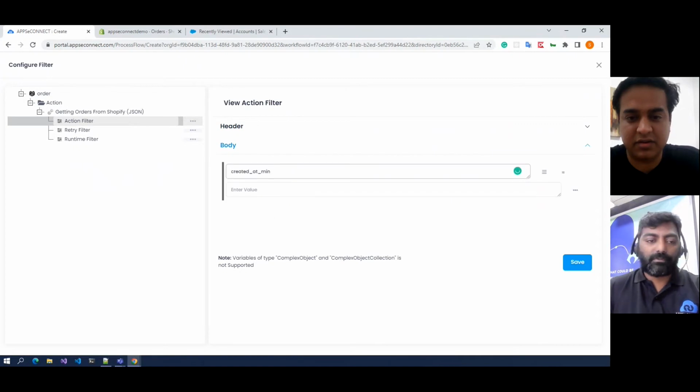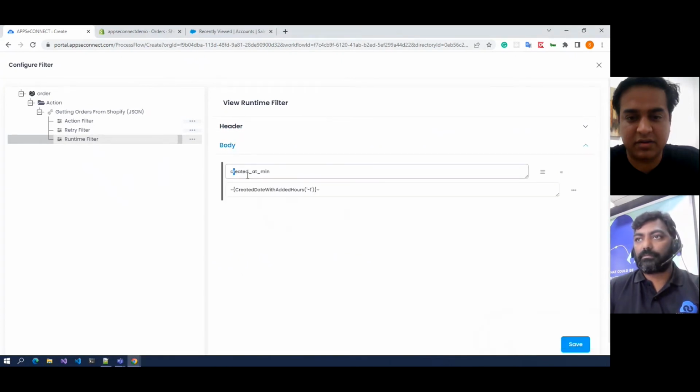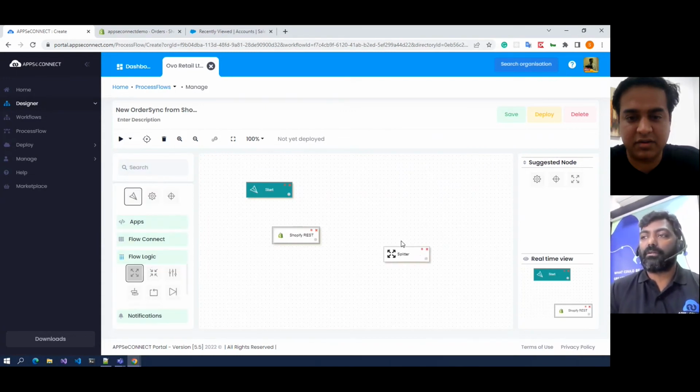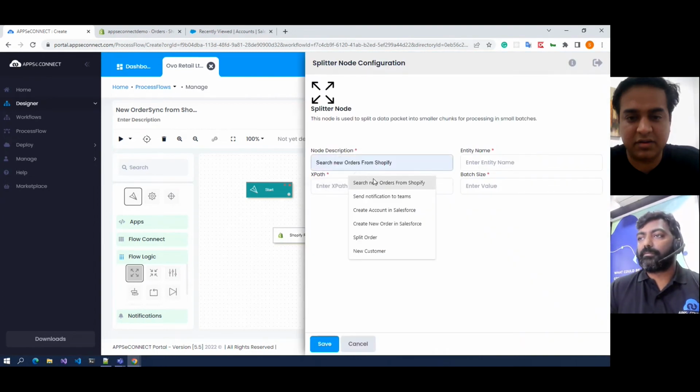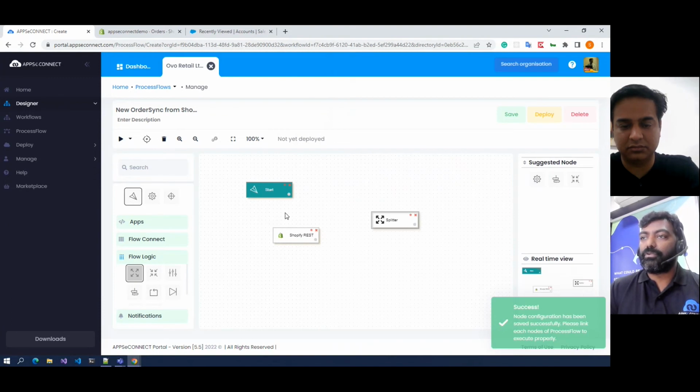So let me put some filter configuration so that we'll get the correct data. There are three types of filtration we have: the action filter, retry filter, and runtime filter. So let me quickly take a splitter. We basically collect a list of orders from Shopify, so we'll split those orders